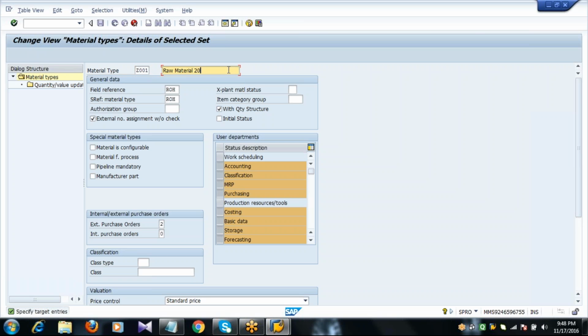as 2001. For our identification purpose, whenever we are creating a material master, we need to select our material type. So if you want to select our created material type, for identification purpose, you give some description. While you are practicing, also give your company name or the company code you created, so that you can select exactly your material type. So what I did, I selected the SAP-given standard material type ROH, copied it, and I am creating my own material type, for example Z001, with description raw material, and as suffix I gave my company code.